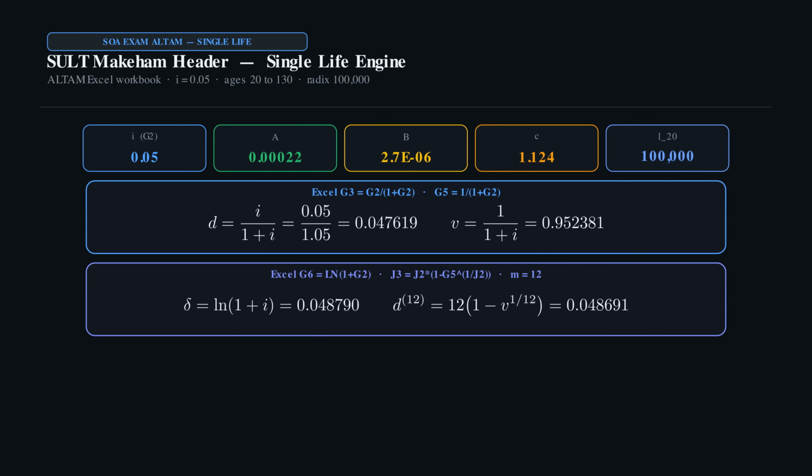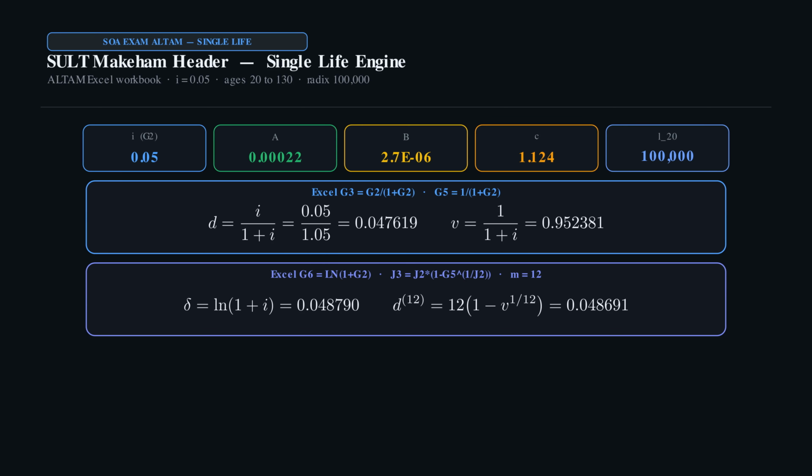This is the single life sheet. It is a standalone Makeham SULT style workbook, not a live link to any other sheet. Interest is 5%. Discount D is I over 1 plus I, which Excel stores as 0.047619. V is 1 over 1 plus I, 0.952381. Delta is the natural log of 1.05,